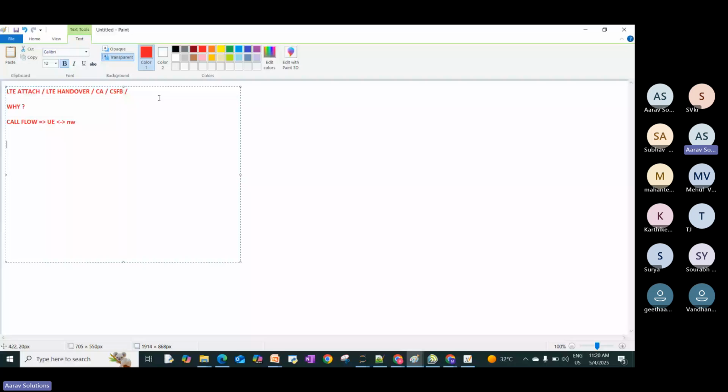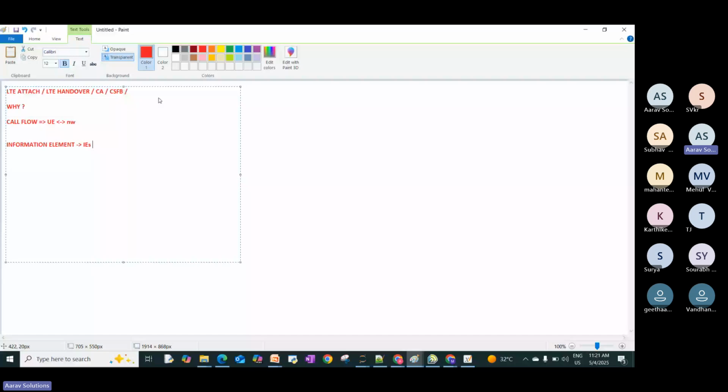So flow means the names of those messages, the sequence of those messages. First we will send this message, after that we will send that message, something like that. Once we are done with that flow, the very important thing is the information element, which we call IE in short form. Information elements: what is an information element, and what exactly is the significance of that information element in that call flow,